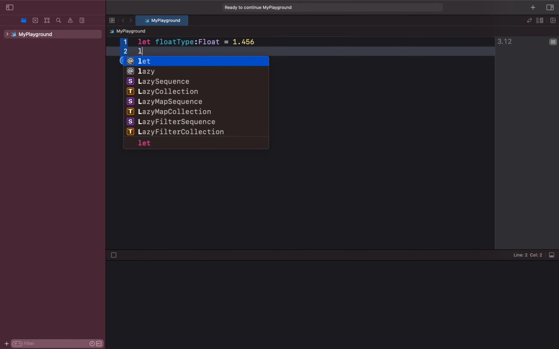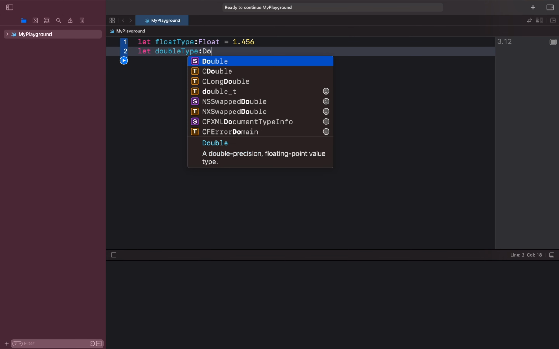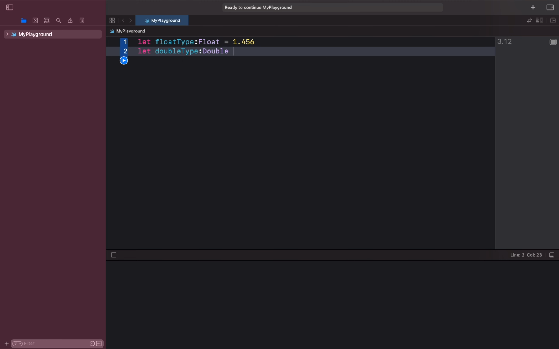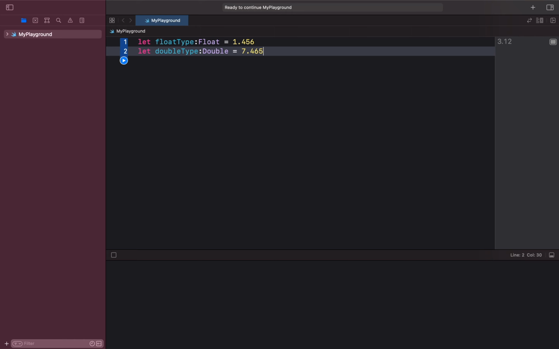And in the same way we can declare a constant for the double type, and for that we will use the double keyword, with a value of 7.456465789. So this is the way to declare variables or constants for the float and double types.